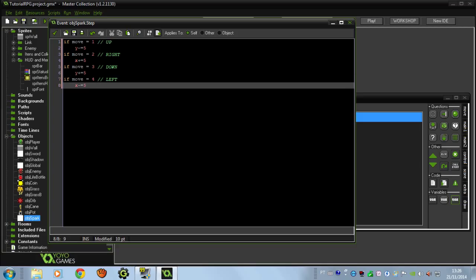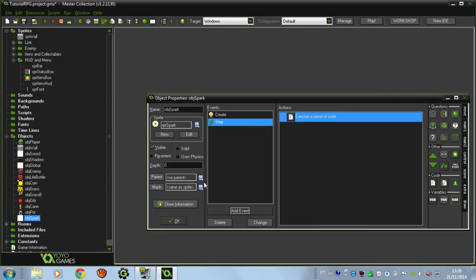Okay, so I'm done here. I want move 1 to be up, move 2 to be right, move 3 to be down, and move 4 to be left. Just like I've done. But we're not over with this spark, so